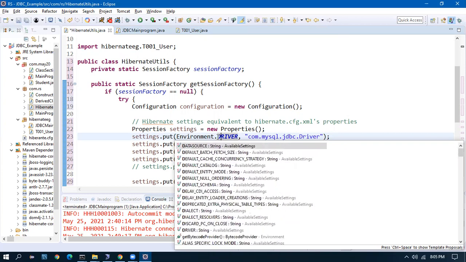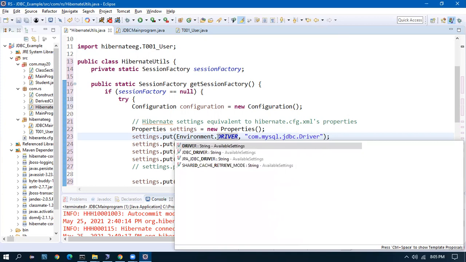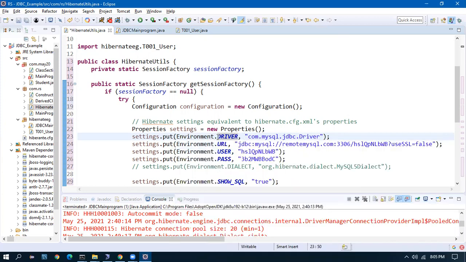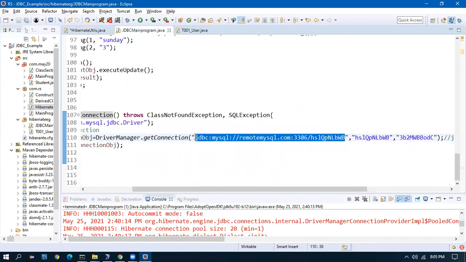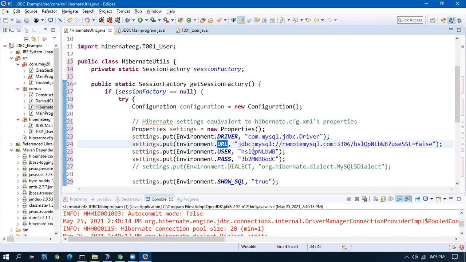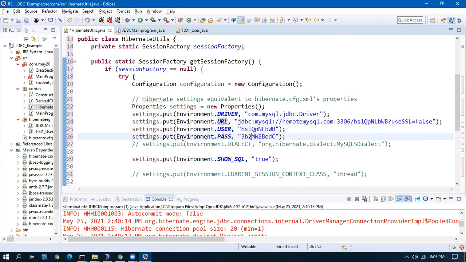Into this, I set the driver and the driver class com MySQL JDBC driver. We have the URL, so I copied the URL as it is, whatever we gave, and the username and the password. So dialect, Hibernate, we saw yesterday that Hibernate will be automatically selecting the dialect based on the database to which it is connecting. So we need not give a dialect here.